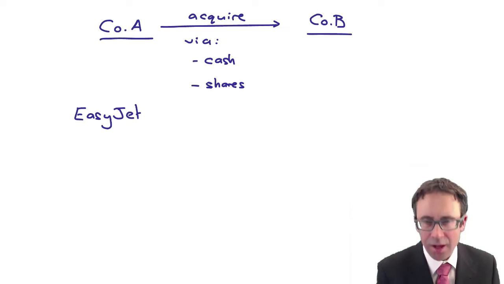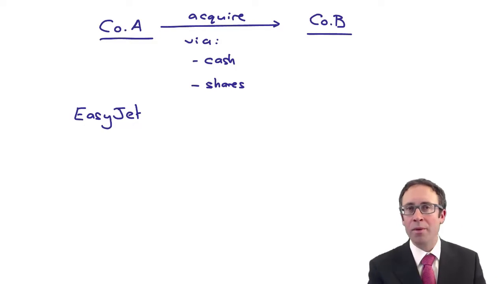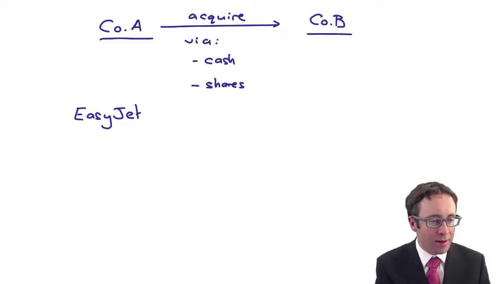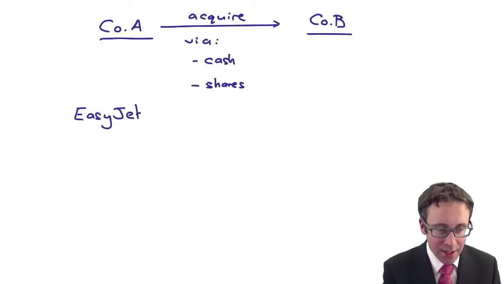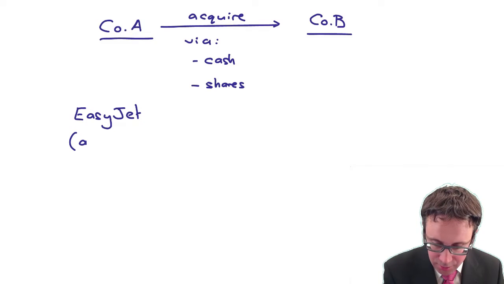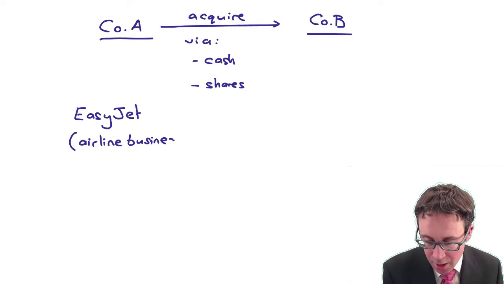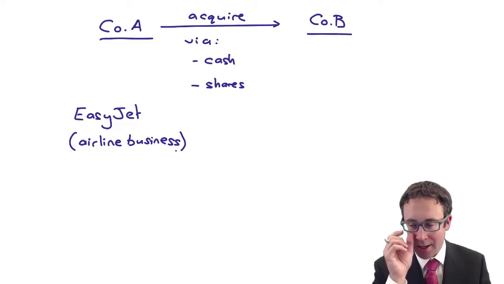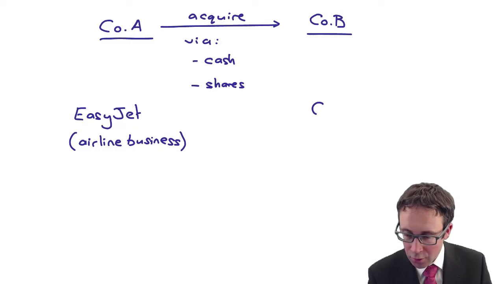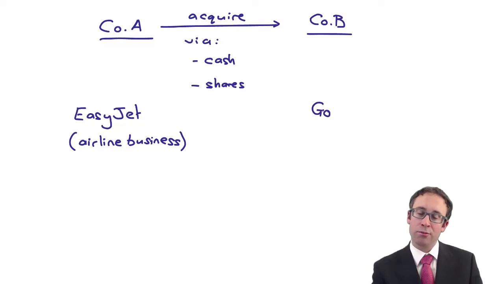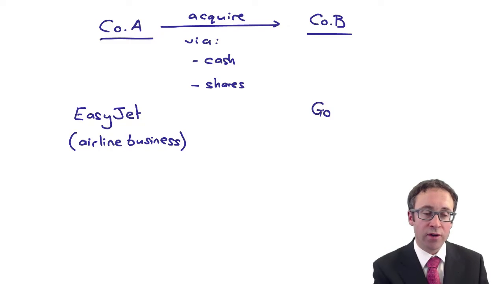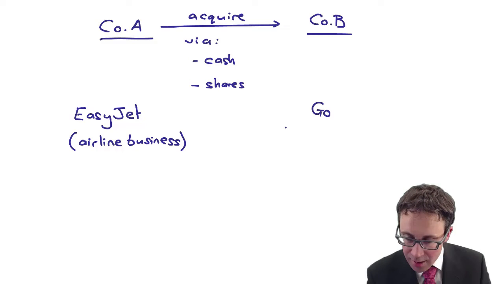So the low cost, I say UK airline. How long it will be a UK airline depends upon the outcome of Brexit and the negotiations that are happening there. But you've got company A, EasyJet, which operates in the airline industry. So it is an airline business. And the way in which EasyJet expanded, okay, is that it bought, and you're all probably way too young to remember this, you possibly weren't even born, but there was a low-cost subsidiary of British Airways that was referred to or called Go, okay,